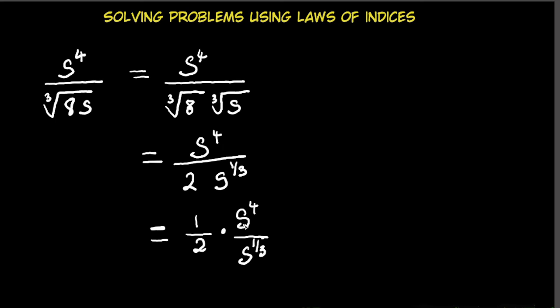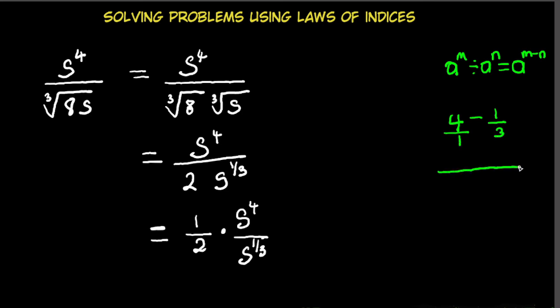So we know that s to the 4th power is being divided by s raised to the 3rd power. From the laws of indices, if a raised to the m power is being divided by a raised to the n power, you keep the base, which is a, and you subtract the indices. That's exactly what we're going to do here. So it would be 4 minus 1/3. So we have 4 minus